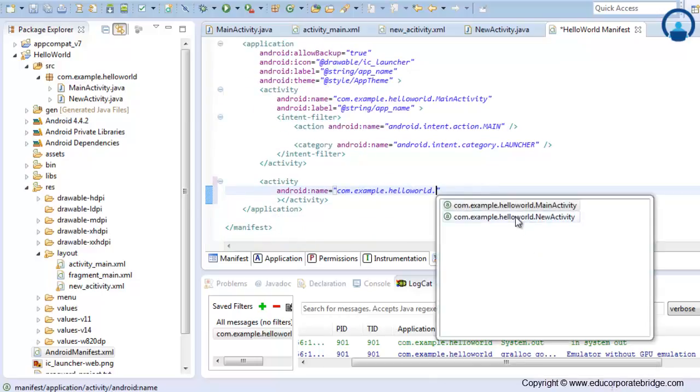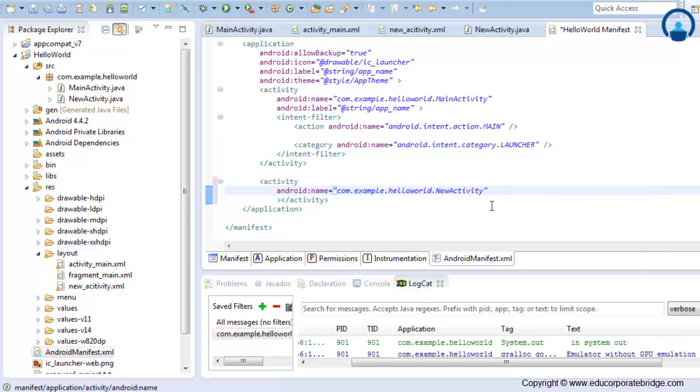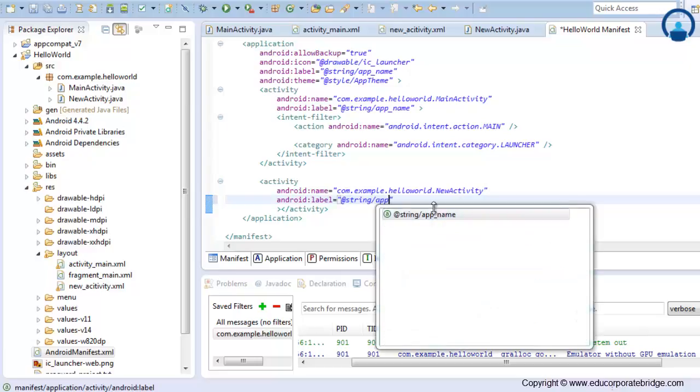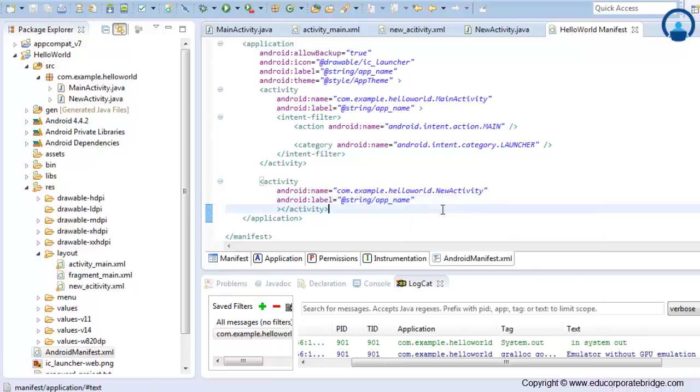If you do Ctrl+Space, it will show you your activity names. Our new activity is created with the name NewActivity, so we'll just select this, and after this you can give one label, and the label will be the same which we have given in our main activity. Labels again we took from the strings.xml file, so the way to access that is @string/app_name, same name we will use here also.